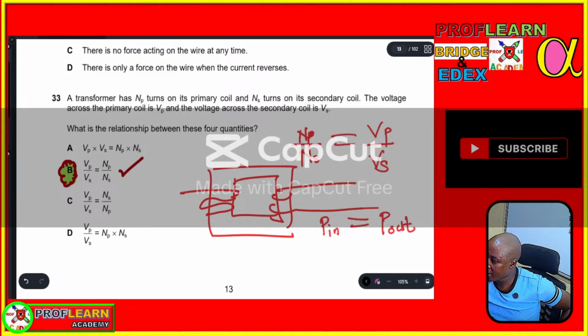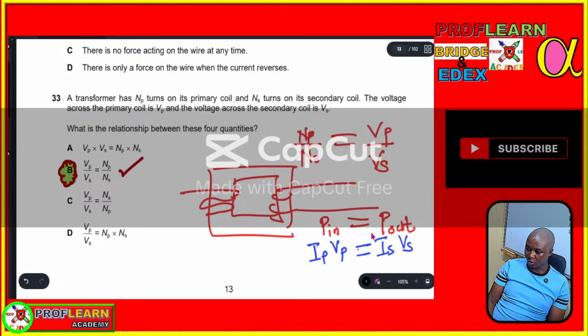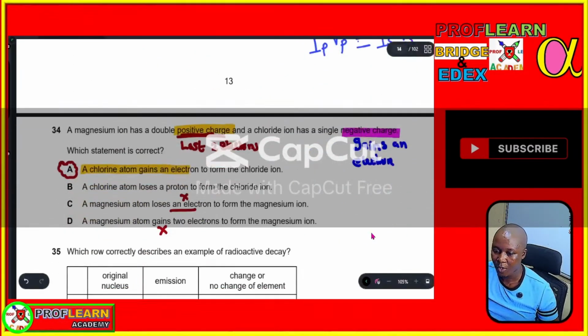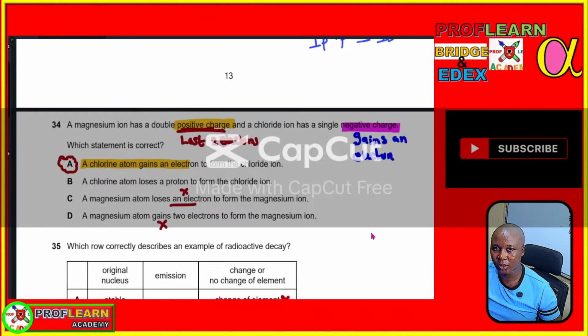Which will mean then another formula you may be asked in this exam is that current in the primary coil times voltage in the primary coil is equal to current in the secondary coil times voltage in the secondary coil. So you also need to remember this formula, so in the event a question is asked from here, you are able to answer that. A material becomes positively charged when it loses electrons,